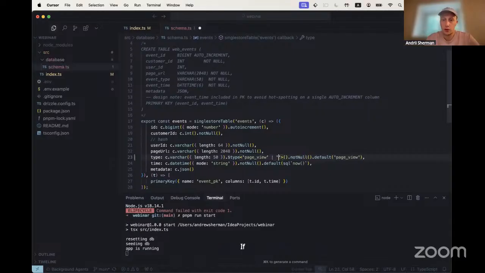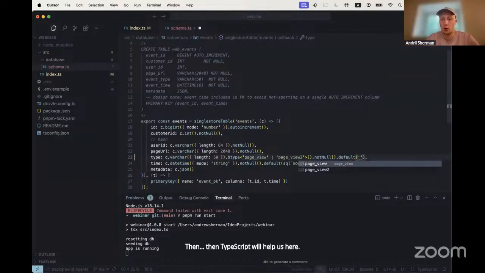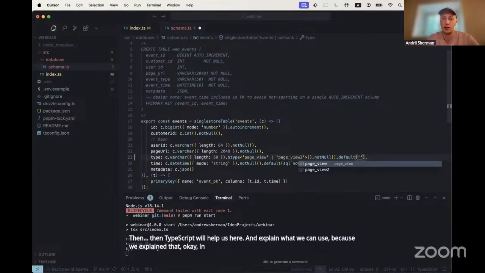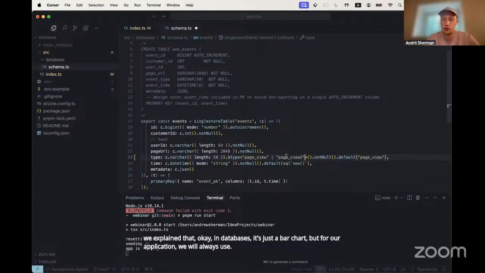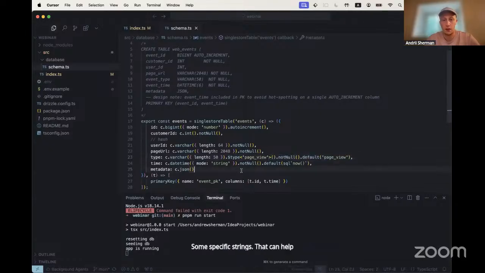If we have some other event, then TypeScript will help us here and explain what we can use, because in the database it's just a varchar, but for our application, we will always use some specific strings that can help us as well.